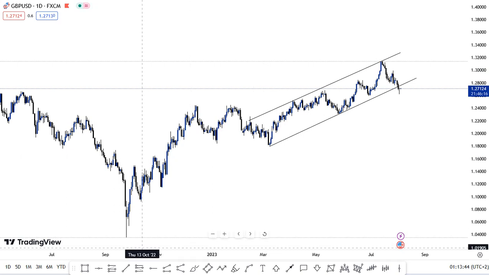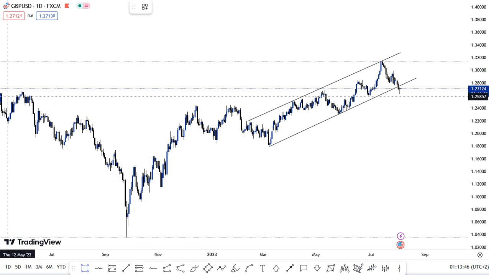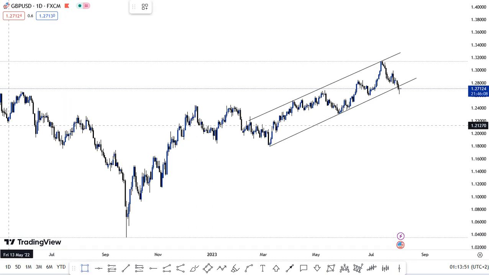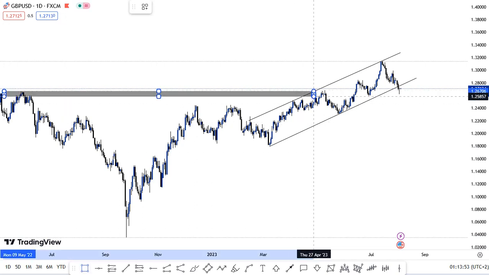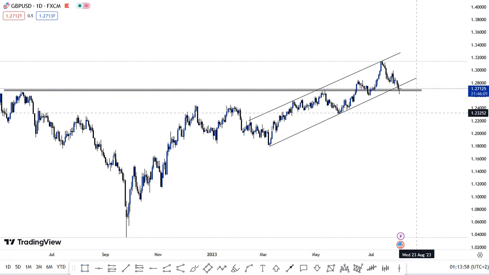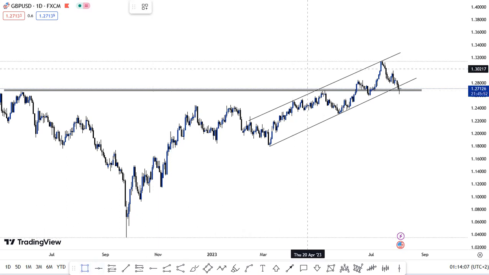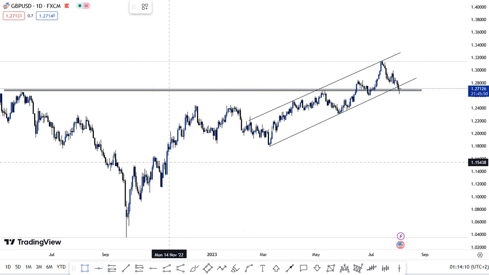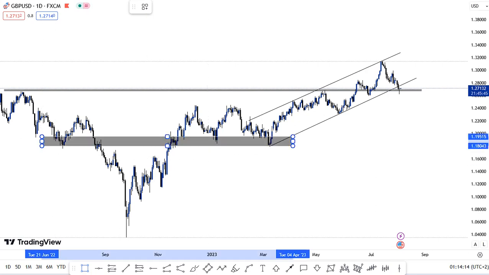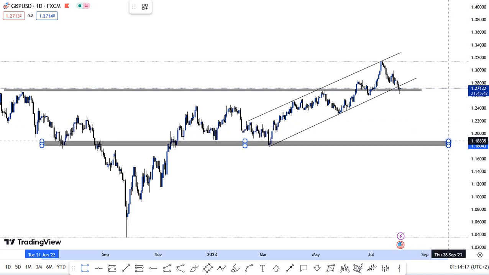So this is what we have now on GBP USD. Here on GBP USD, we're just waiting for the smaller retest there, then we're going to the downside again. I'm going to put this one here. This is the strongest level here,